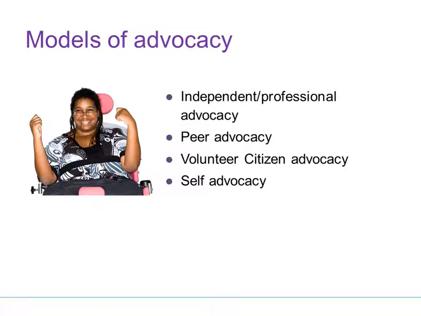Volunteer citizen advocacy involves unpaid volunteers being recruited, trained and matched with a partner. This focuses on the development of a long-term relationship, and citizen advocates are encouraged to use their own networks to strengthen their partner's social networks. A citizen advocate will use their knowledge of their partner to represent their views if necessary, but the key part of the citizen advocacy